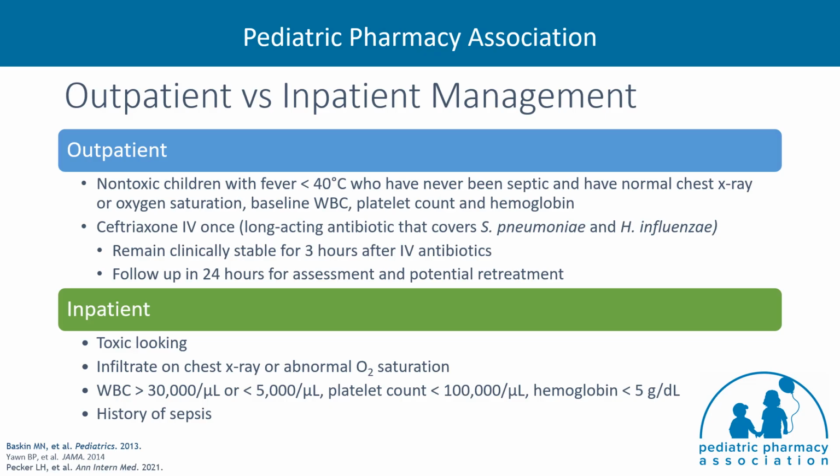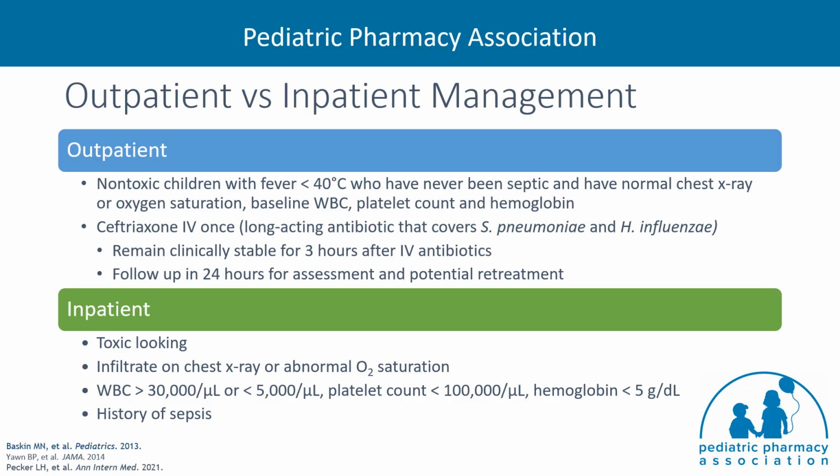So it covers those patients for strep pneumo and H flu for 24 hours. And if they're clinically stable after those antibiotics, it'd be reasonable to send them home as long as you feel that they are a reliable family that will come back if the patient deteriorates and will come back for further